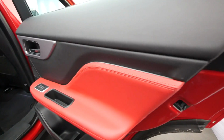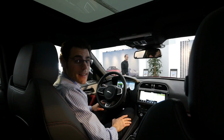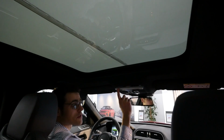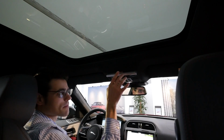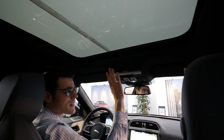I would usually put the ambient light to blue, one of my favorite colors. And now it's panoramic roof time. By the way, those additional light straps you see here are just for show car purposes. They have nothing to do with the serial car, just forget about them. Sometimes you wonder when something additional is put here, but that has nothing to do with